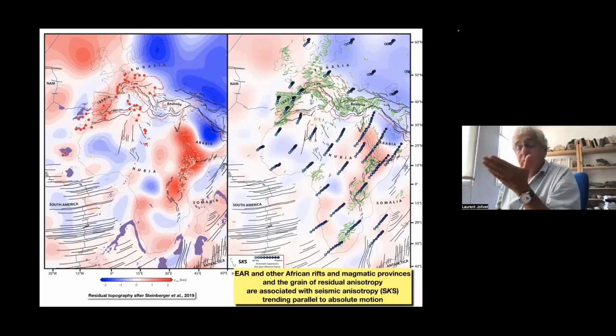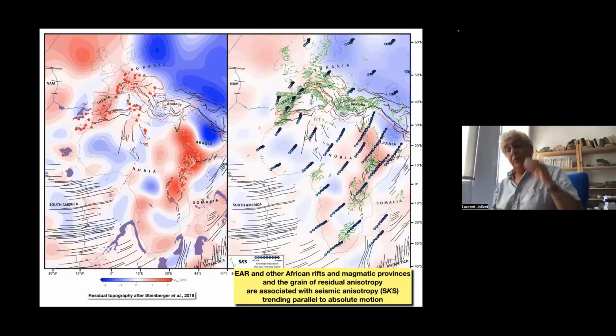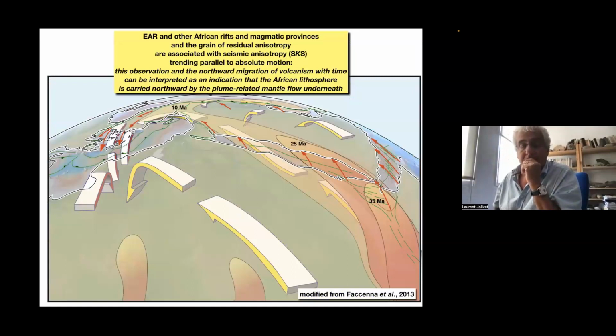And for below Africa, we also have, and we come back to that later, parallel to the main direction of the seismic anisotropy, especially here SKS anisotropy, that is parallel to these anomaly of residual topography and to the absolute motion. So this suggests, and has suggested to us, that the East African rift